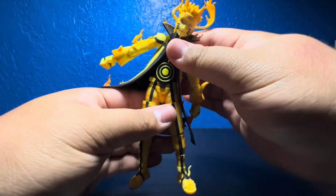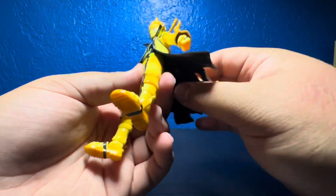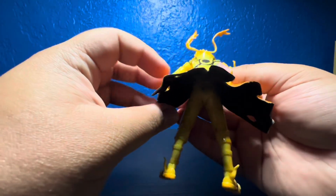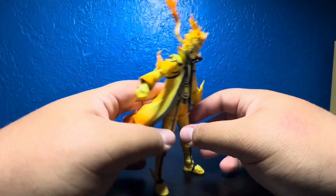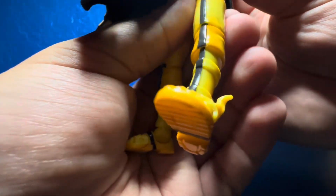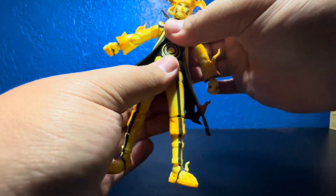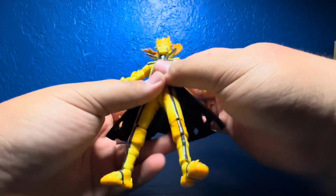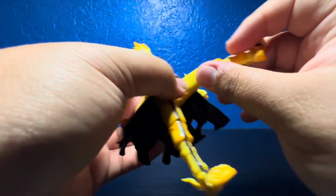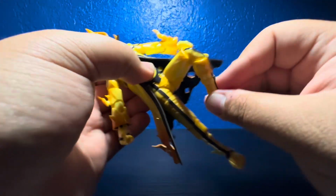He moves side to side that much, and the cloak is sort of like a hard soft plastic, in between, but it doesn't get in the way at all, so that's just fine by me. You can swivel his torso all the way around. I don't want to try it, but if you really wanted to, you could make some crazy poses. The legs go a fair amount of distance up, and then they go down that much